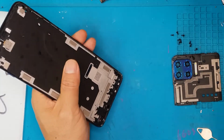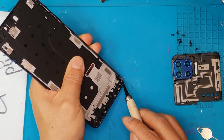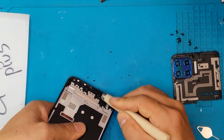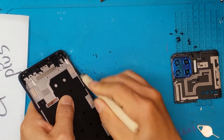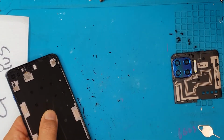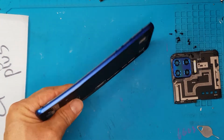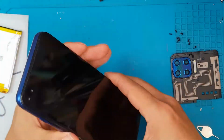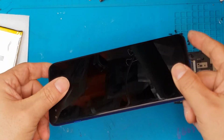And we're gonna bend back the main housing, and still some debris of glass is left on the corners. So we're gonna thoroughly clean this one so that when we install the new screen, there will be no problem. So it's a mixture of debris and all the old adhesive. We have to scrape it off and clean them and then vacuum it out. So this main housing was successfully bent back to normal, and then we're gonna fit if the replacement screen is gonna fit nicely,